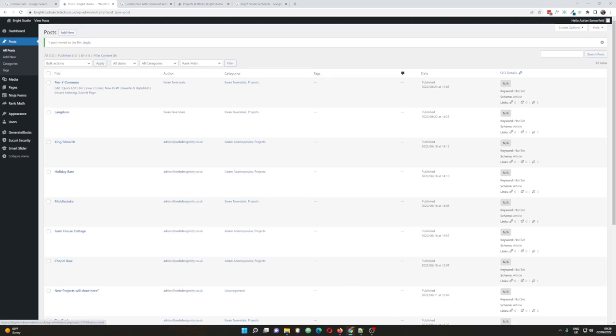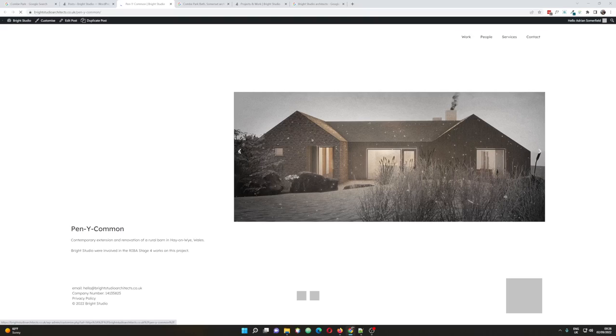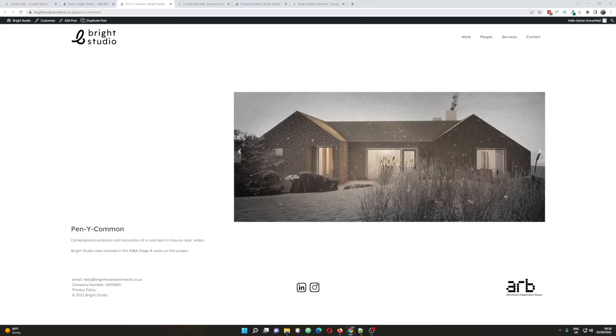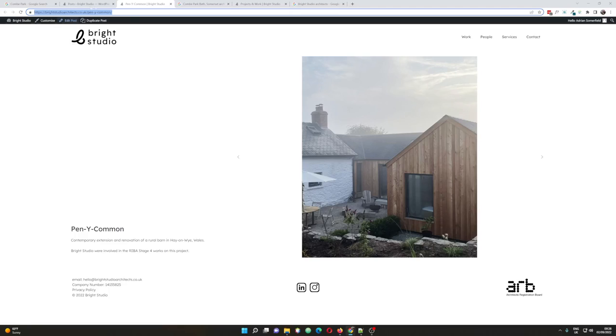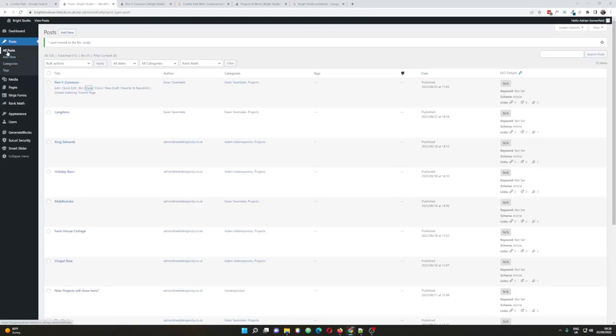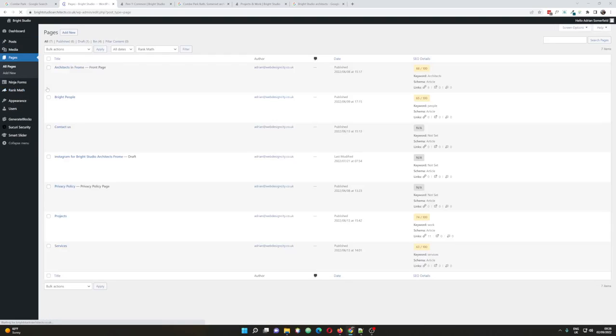With all of these projects, you can view the page. If I view the page, that's that particular page for this project, and it's got its own unique URL. And I can copy that new URL, and I can use that throughout the website. The reason I say that is because if I go back into the website and go now to pages and I look at your project page,